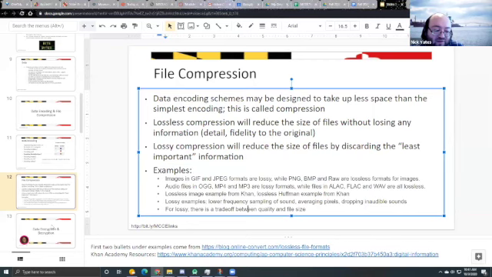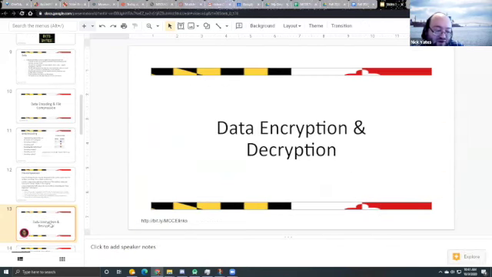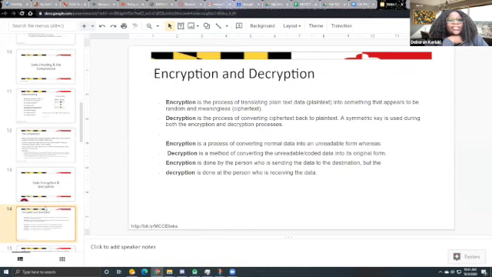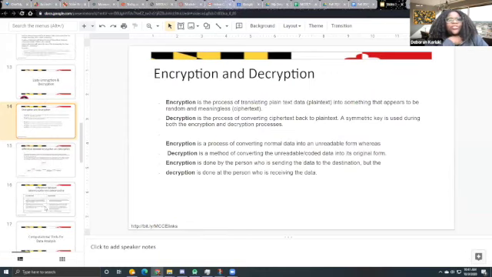And with that, let's talk about data encryption. All right, so let's go ahead and talk about data encryption and decryption. We'll look at some information that you're required to know. Encryption is the process of translating plain text into something that appears to be random and meaningless, like